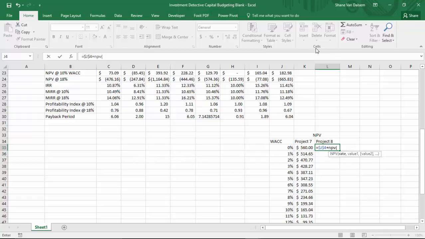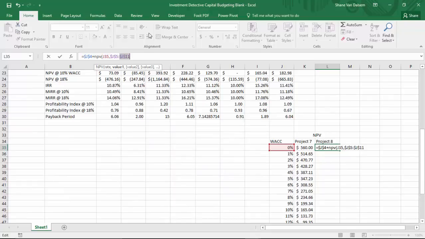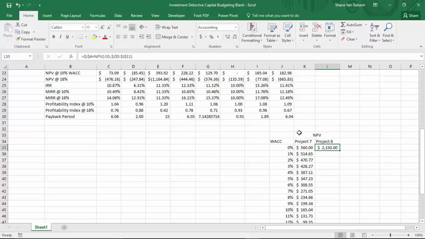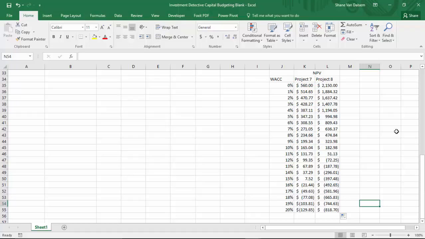My discount rate, I'm going to highlight that first column again, comma, and then I'm going to highlight the cash flows for the project, and I want to lock those in place again, so I press F4, F4, close parentheses, and then I pull those down. So now we have our NPVs for all of the weighted average cost of capital between 0 and 20%